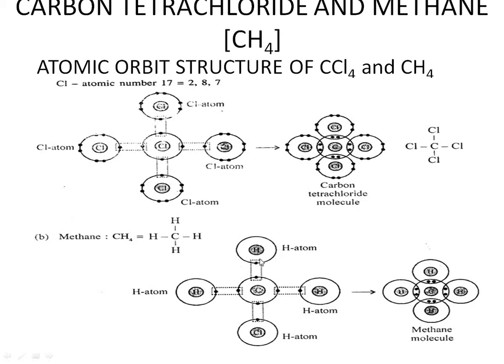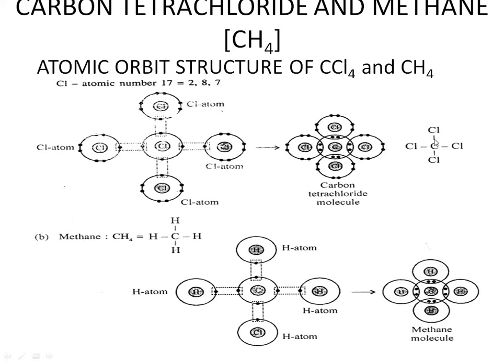Now we'll see that each hydrogen is holding 1 electron. Right, so this is a hydrogen. By mistake it is given as chlorine there, please correct it. This is a hydrogen atom. See, it is represented as hydrogen but it's given as Cl there. So it is corrected there, it is a hydrogen atom. Now each hydrogen atom has to get one electron, so it is going to share one electron. So the other hydrogen also, this hydrogen also, and the last hydrogen also. So it is going to form, like carbon tetrachloride, single covalent bonds.